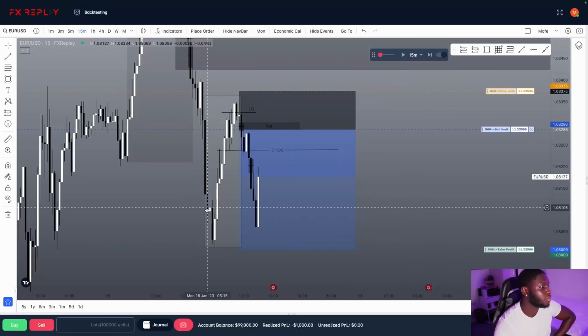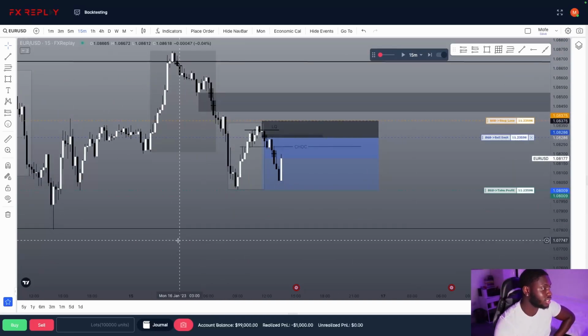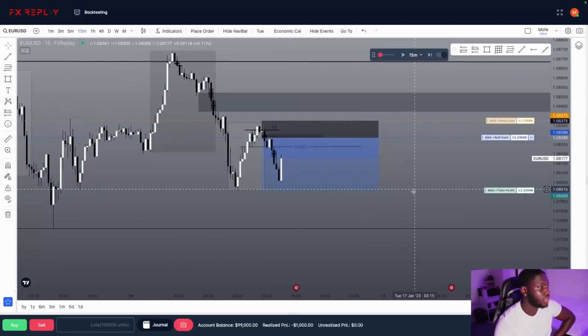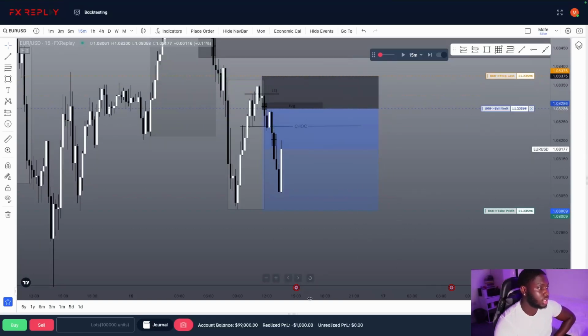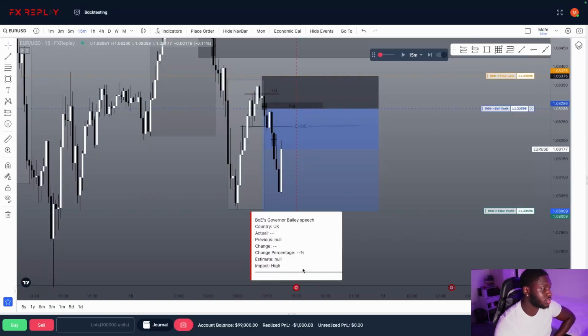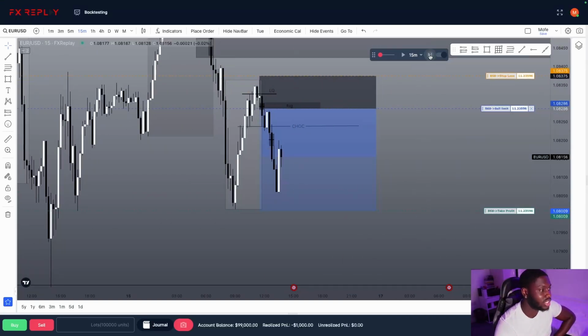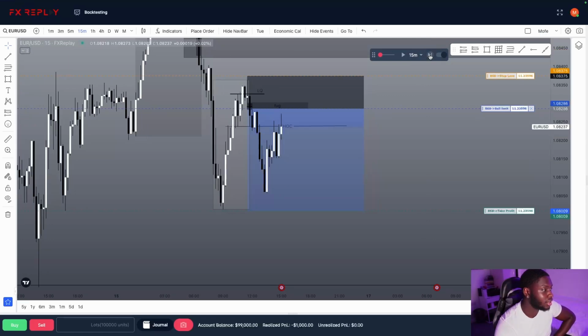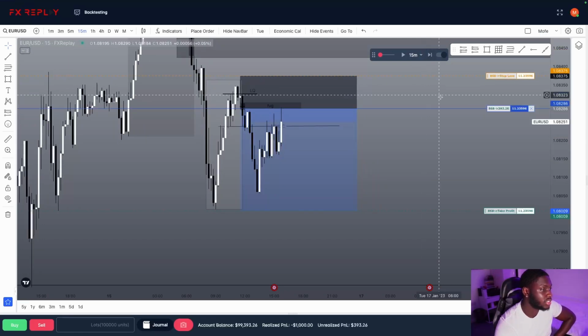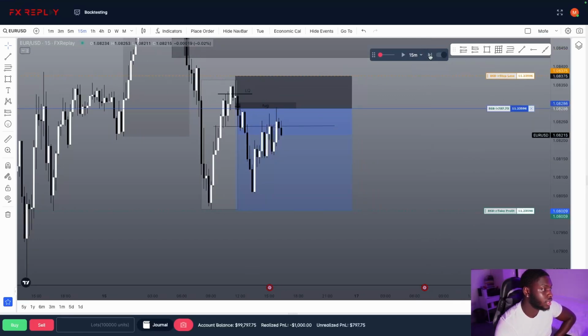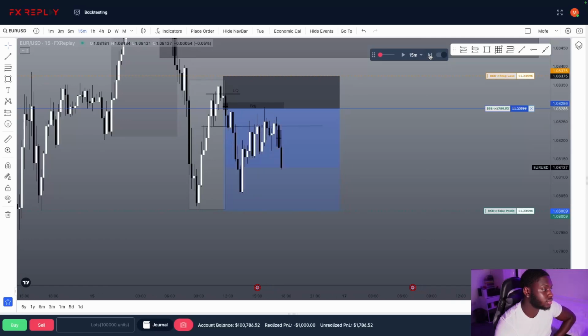Now, remember this order block I said you could buy off of? It's looking like price is reacting very strongly off of it. I am still interested in the sell over the buy because the daily bias is pointing bearish. But as we're approaching news, it's Euro news really. I'm not really going to be stressed out by Governor Bailey speaking, but let's see what happens. I just got tagged in. Let's see what price decides to do.